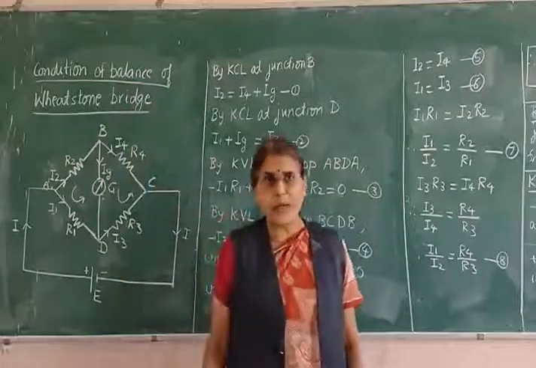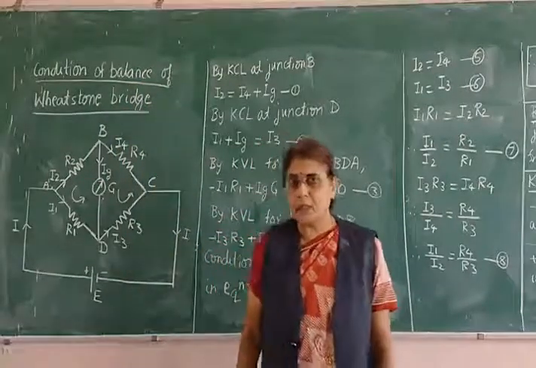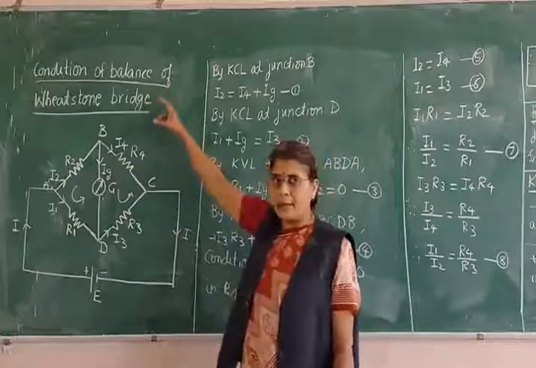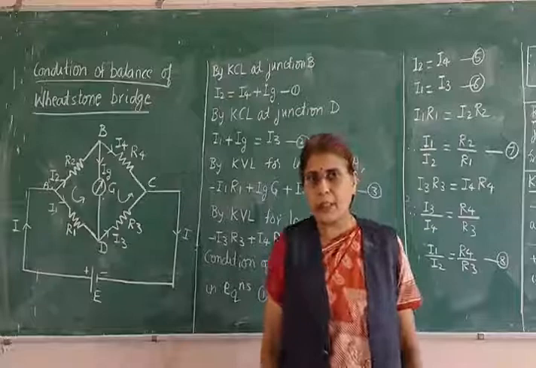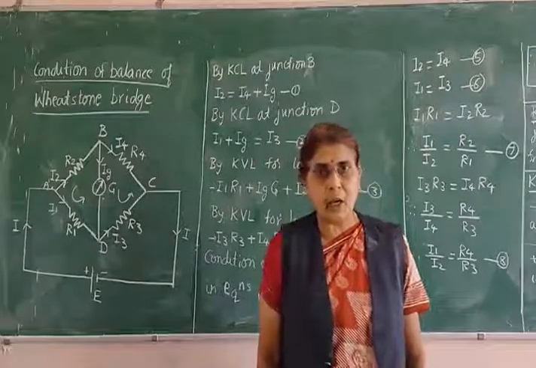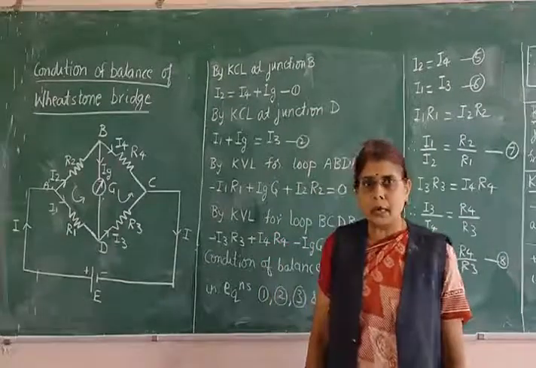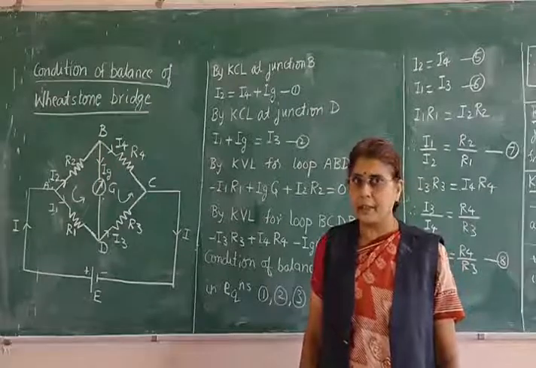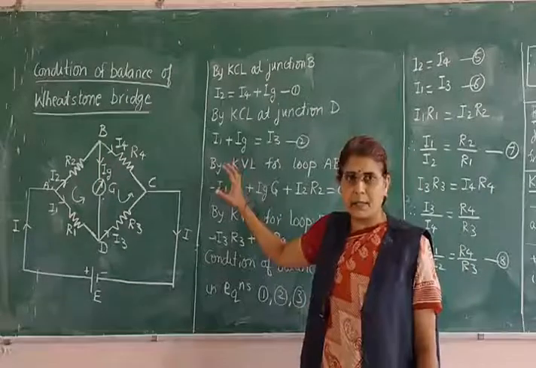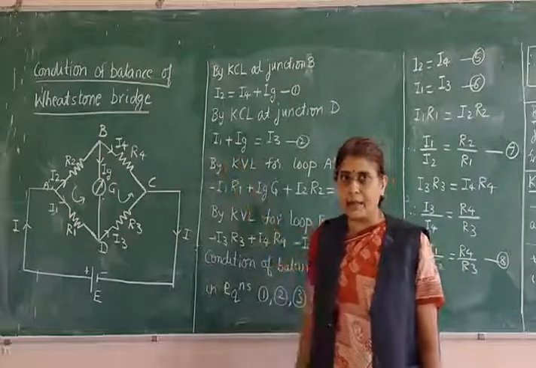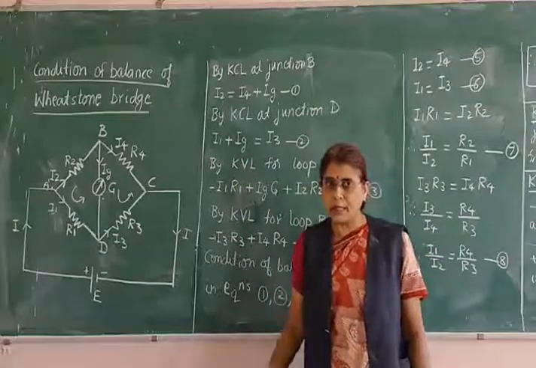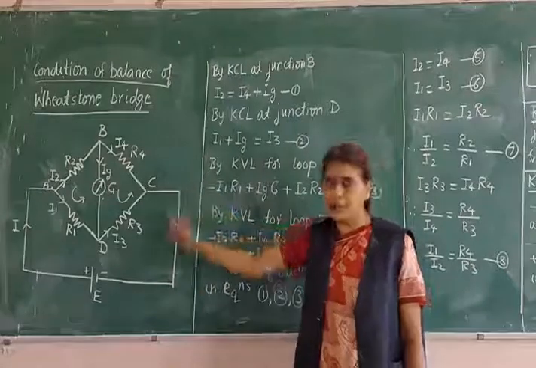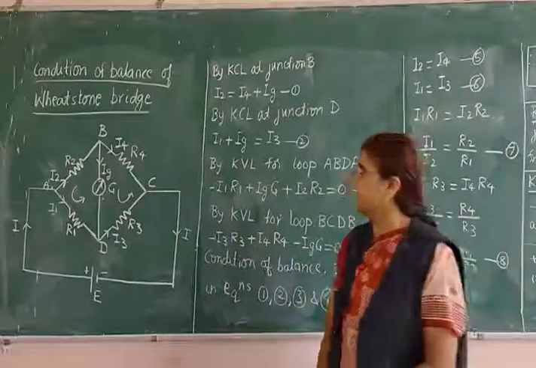Sometimes it is also called the Wheatstone network. So we shall find out the condition of balance using Kirchhoff's laws. If you are perfect with Kirchhoff's laws, that is the junction law and the voltage law, and if you know correctly how to apply the sign convention, then this derivation becomes very easy. Otherwise, you simply have to learn the derivation by heart. So we shall recall what we had done for the junction law and voltage law now, and we shall derive the condition for balance of a Wheatstone bridge.